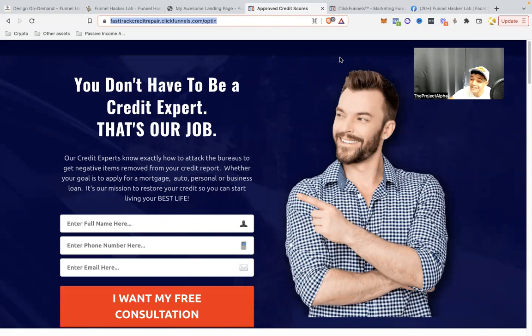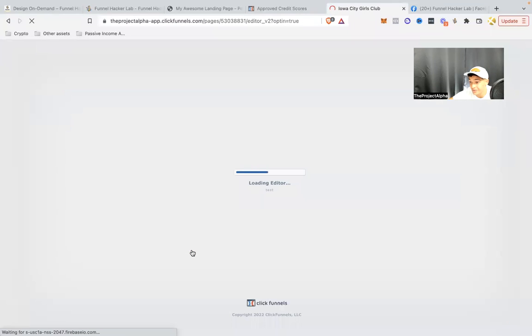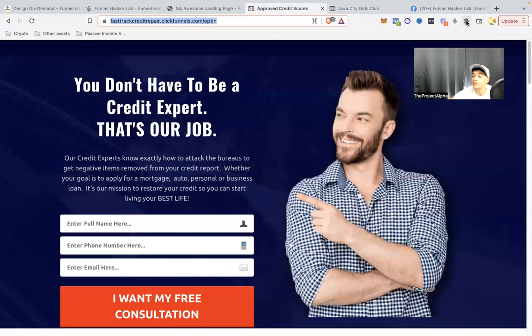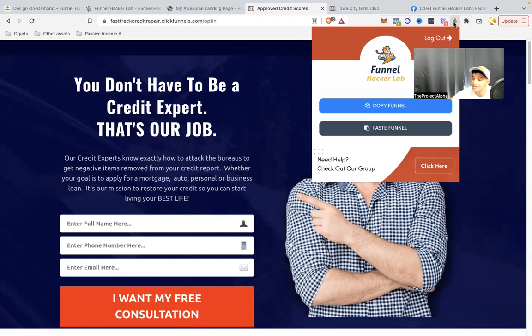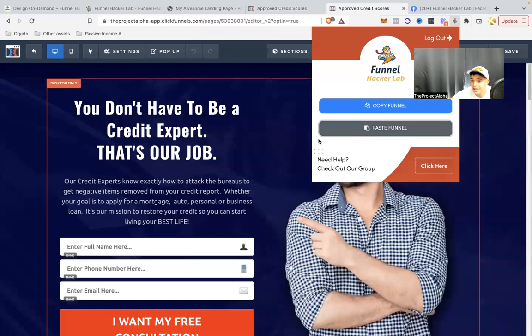Okay, we want to take this and paste it into our editor over here. So we're gonna go to our editor page, the actual ClickFunnels editor. We're gonna click on our funnel copier tool, press copy funnel, go over here, and press paste funnel, and bam, instantly